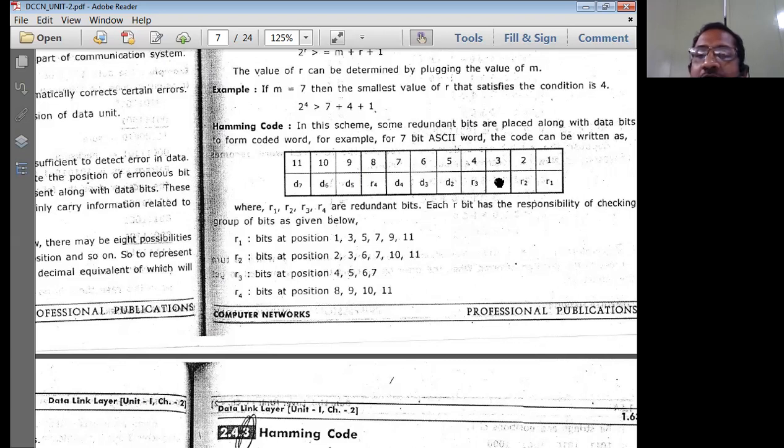So in between, you write down the data bits in sequence. That is D1, the gap is left over, D2, D3, D4, the gap is left over, then D5, D6, D7. Like this, we fill all the bit positions. First of all, you have to form this particular format, because the data bits are arranged in this format. This format is very crucial and very important for us. All right.